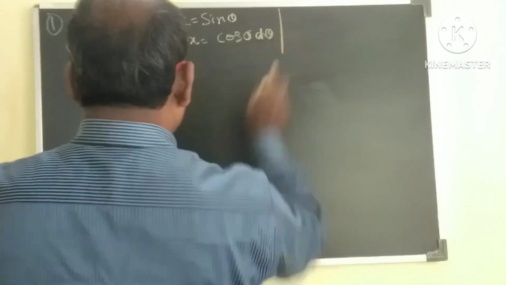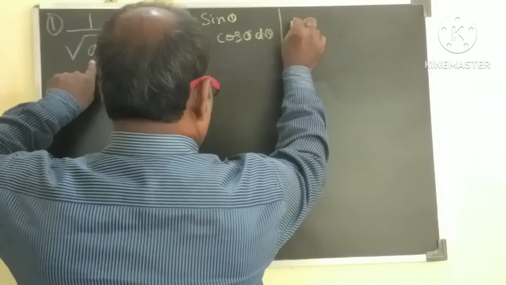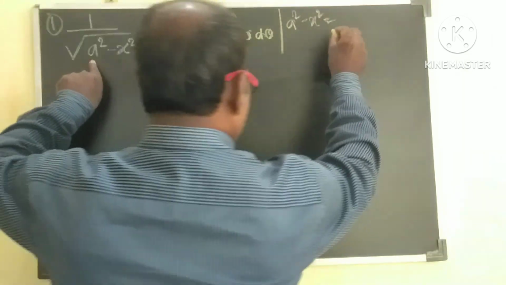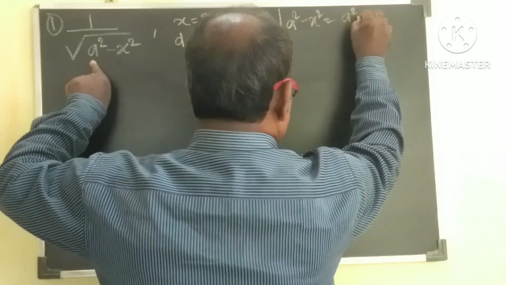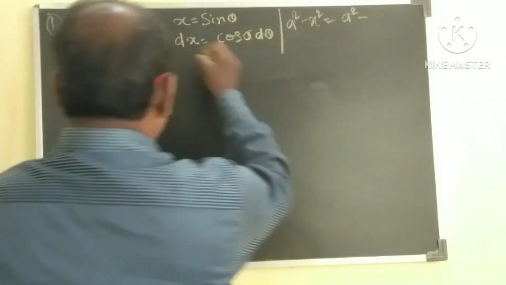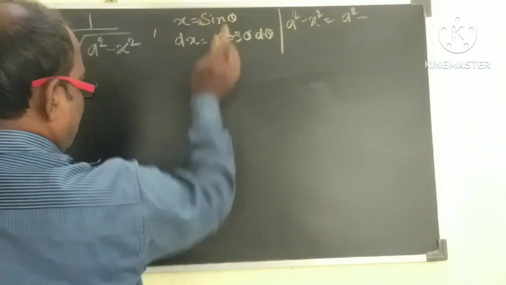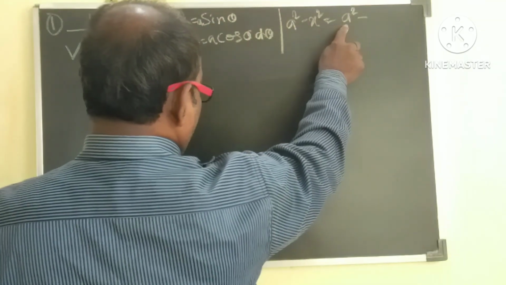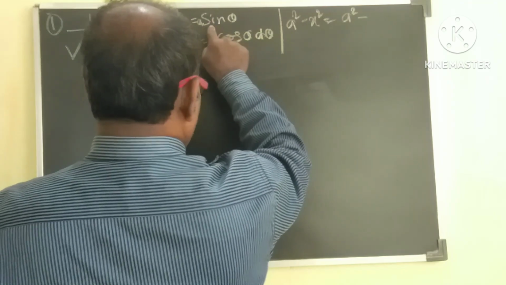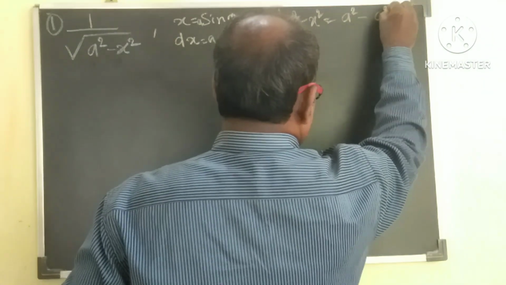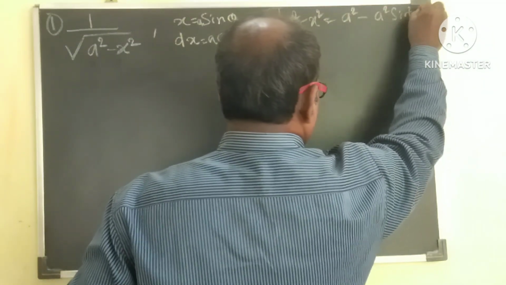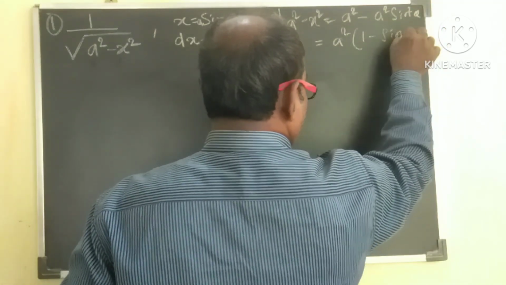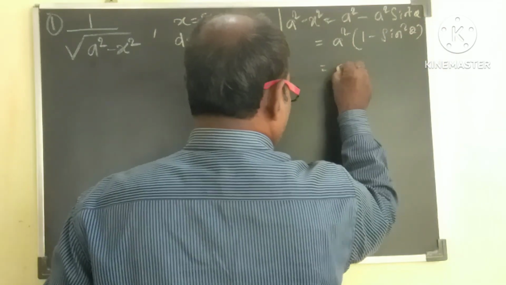Now from here, let us take x equals a sin theta, then dx becomes a cos theta d theta. Then a square minus x square equals a square minus a square sin square theta, which equals, taking a square as common, a square times 1 minus sin square theta,